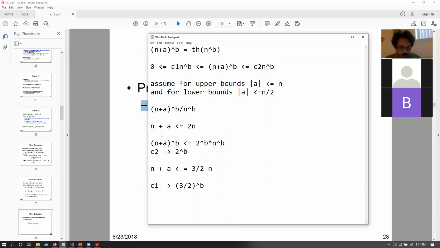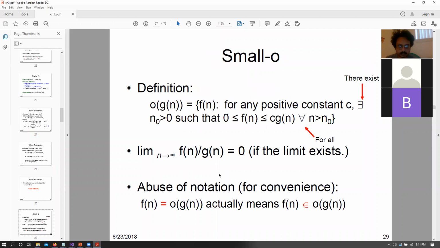Okay. Let's see what else. Okay, so then we also have the concept. We talked about big O, big omega, and big theta. Now we are going to talk about small o or little o. Little o and big O are similar. Basically, they define the upper bound, but the difference is that for big O we had a particular constant C after which the equation grows. But for little o, we say that for any positive constant greater than 0, this equation should hold.